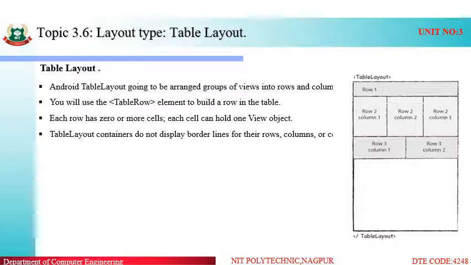columns. As shown in the given figure, we have divided the screen into row 1, row 2, row 3. 3 rows we have divided, and in row 2 we have divided it again into 3 columns, that is column 1, column 2 and column 3. In each row we can place our view, or what we call a control. The table rows or the table columns have no borders. We can specify the border with the help of attributes. So this is one of the simplest structures in which we can align our components according to our customization.